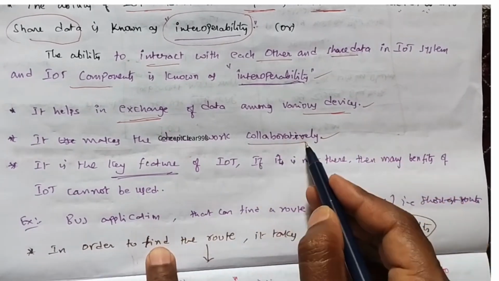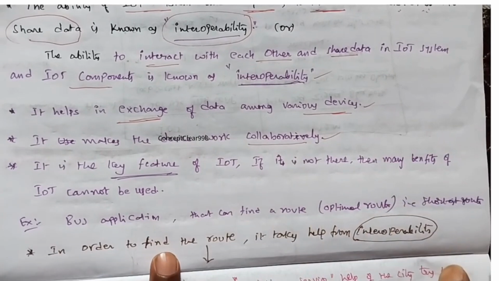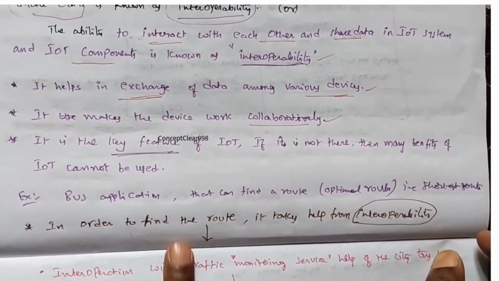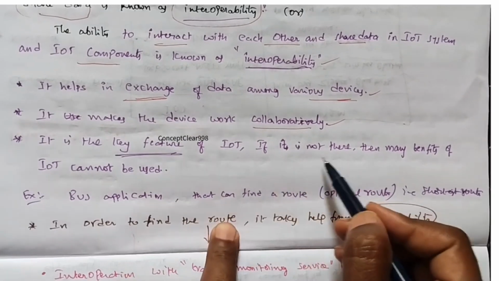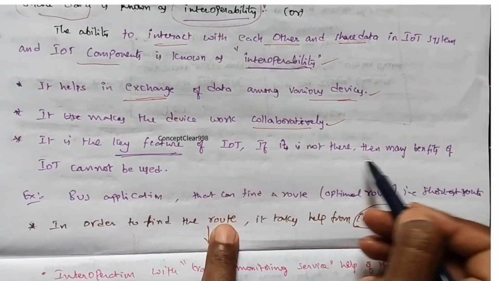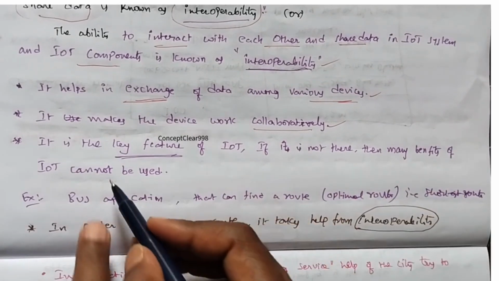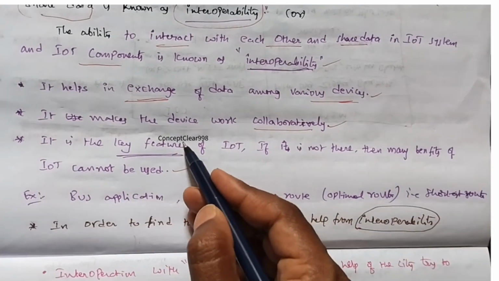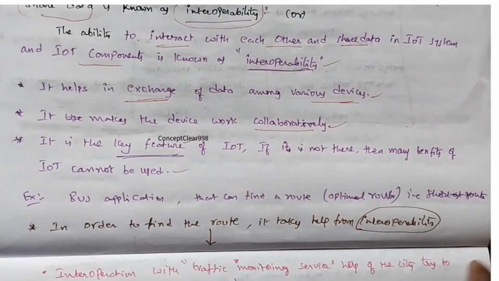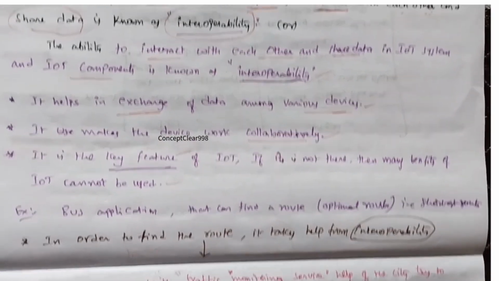So this collaborative working is the key feature of IoT. If it is not there, then many benefits of IoT can't be used. Interoperability అనేది లేకపోతే ఐఓటీలో చాలా బెనిఫిట్స్ అనేవి మనం యూజ్ చేసుకోలేము. సో ఇట్ ఈస్ ద వన్ ఆఫ్ ది కీ ఫీచర్. అండ్ వాట్ ఈస్ ద బెస్ట్ ఎగ్జాంపుల్ ఫర్ దిస్ interoperability means